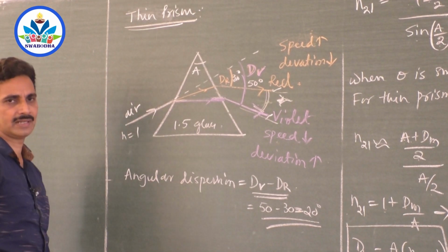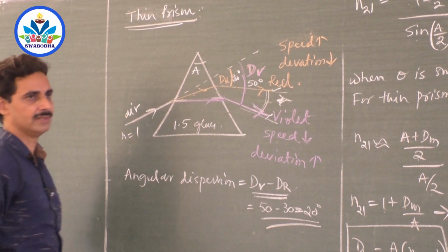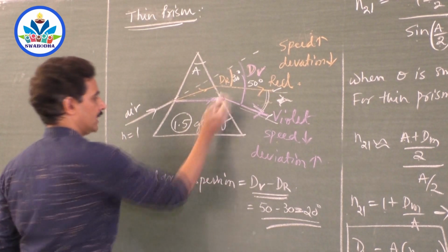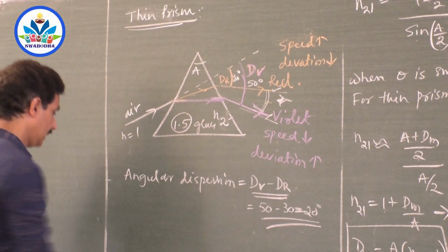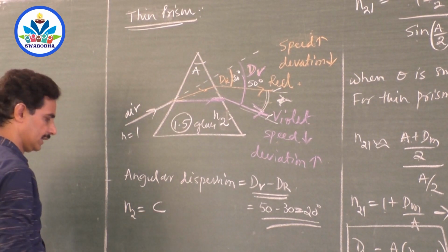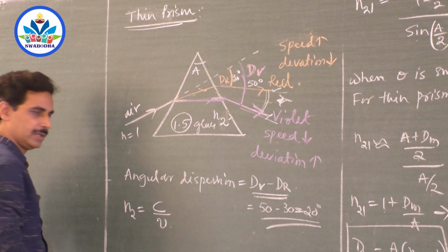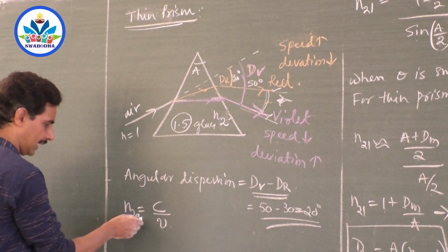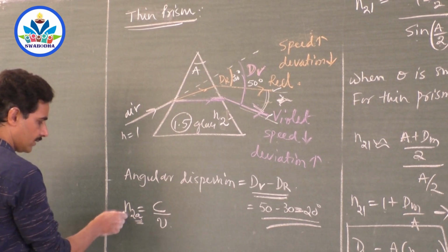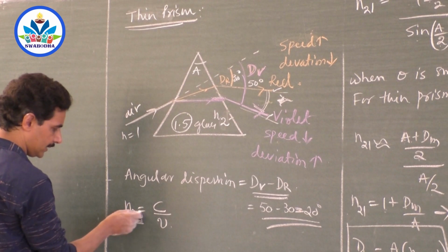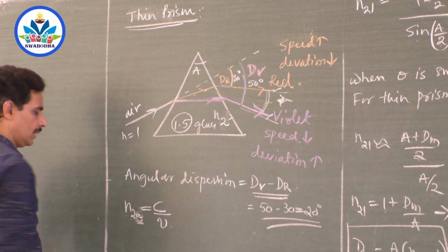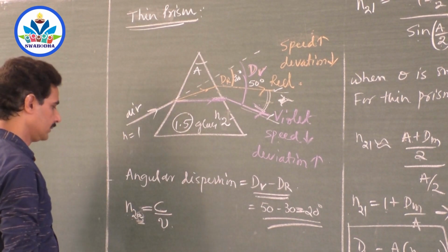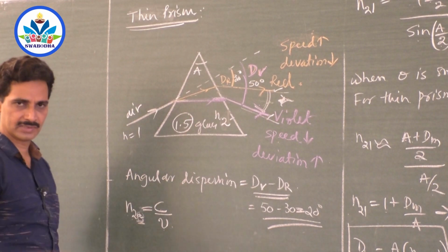Now, as soon as the rays of light enter the medium, usually we write the refractive index of a medium, 1.5, say N, refractive index of glass, or N2. Sir, what is N2? N2 is the velocity of light in air divided by the velocity of light in the medium. Here it is air, right? We don't write the second medium or first medium, air. Refractive index of second medium with respect to first medium. Nothing is written means it is air. It is the ratio of velocity of light in air to the velocity of light in the medium. We write it as 1.5, 1.33 and all.